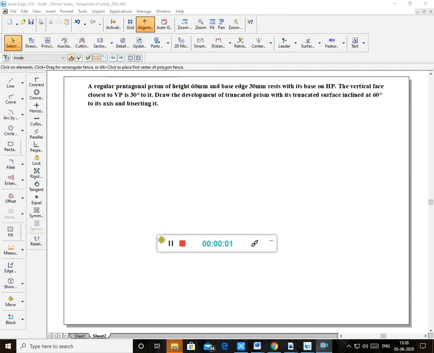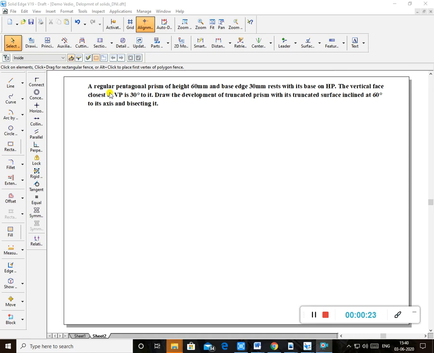My dear students, now I'll take a development problem on a prism. I'll take it as a demo on Solid Edge, and I'll also explain in between how to do the sketching. The same methodology you have to follow for sketching. So I take a problem on a pentagonal prism to show the development.